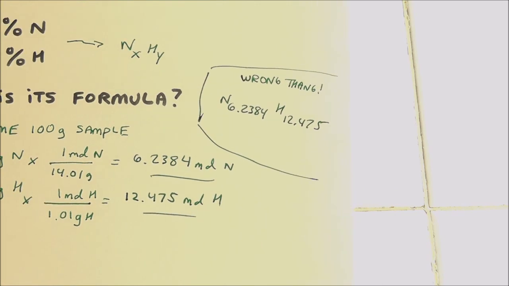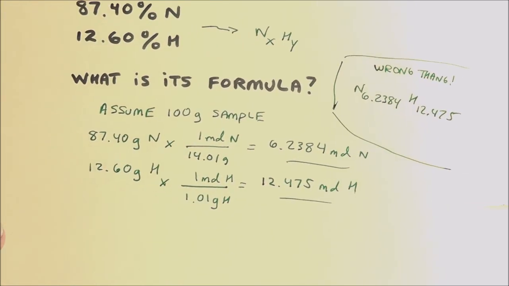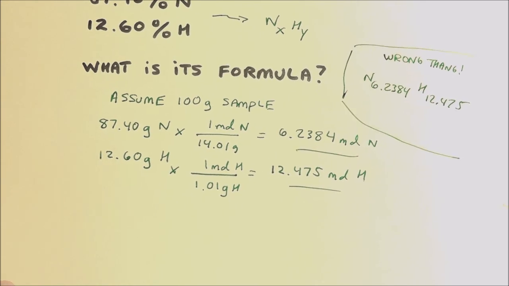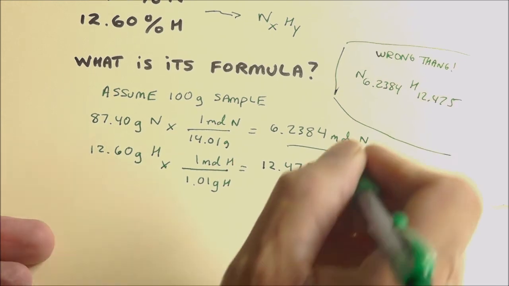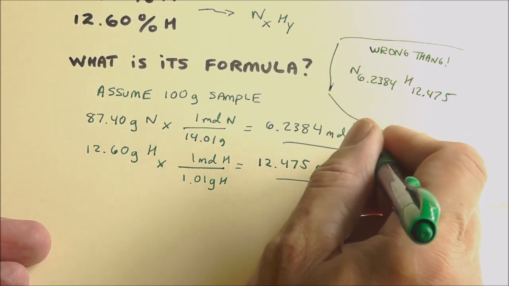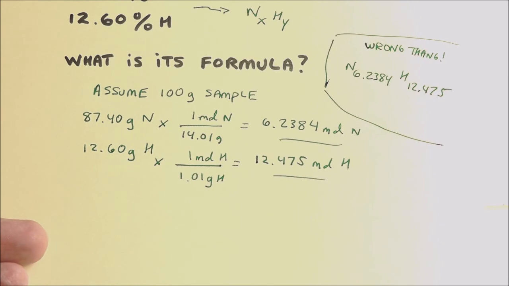They're always whole numbers. So what are we to do? Those aren't whole numbers, but we can find the ratio. And the way you find the ratio is you divide the bigger number by the smaller number. So let's see what happens there. If I take and divide the moles of nitrogen by itself,